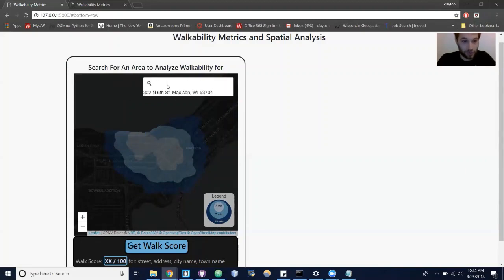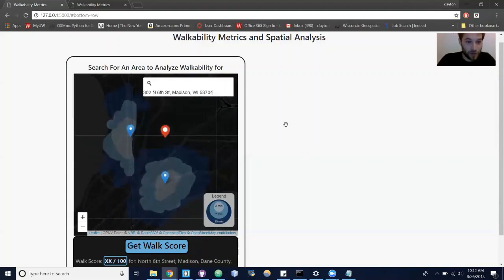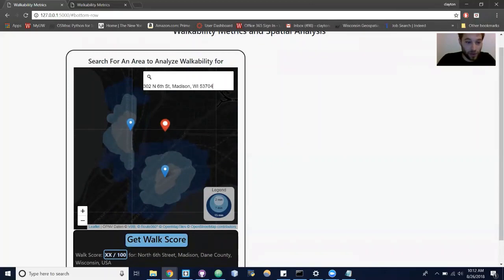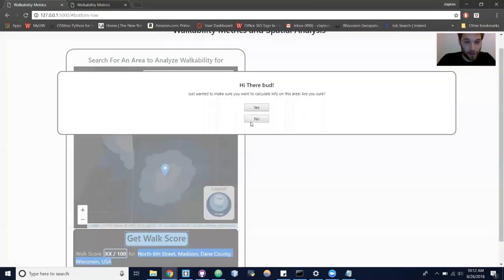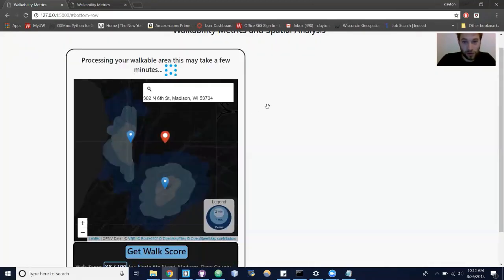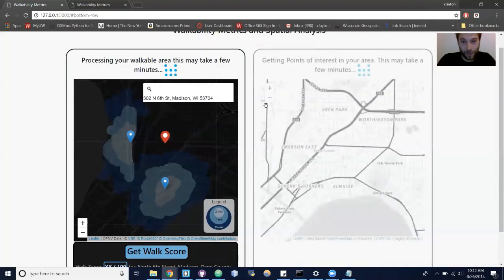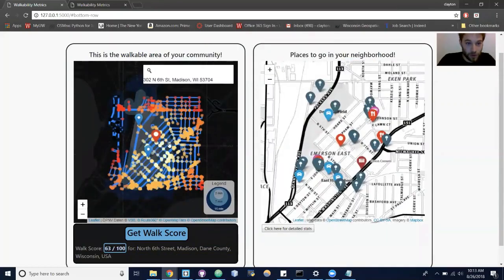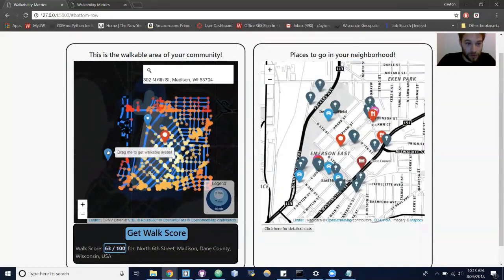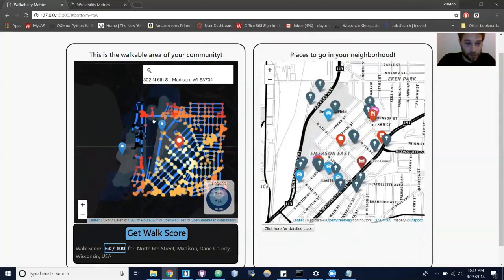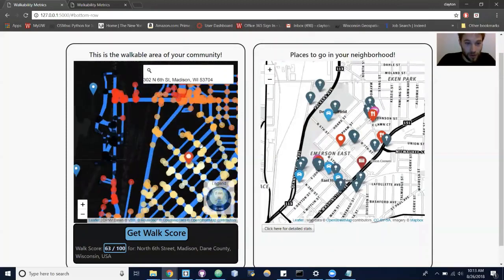So let's say I know my address and I enter it here. You can see this populates below with the location. And then I can hit get walk score and the app runs. And here we go. We have, in addition to these draggable blips, we have an isochrone that shows the entire